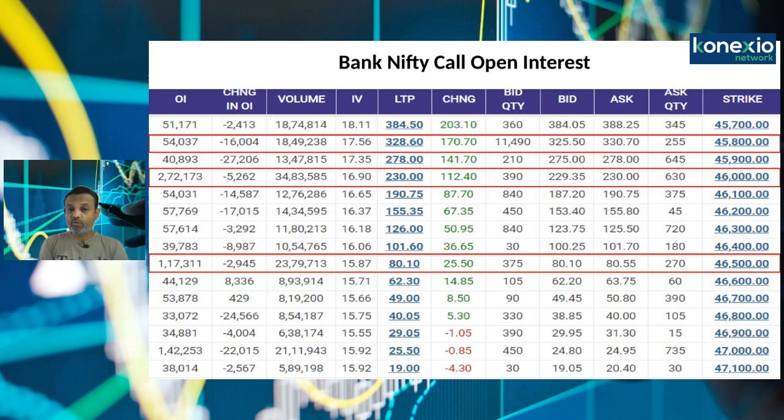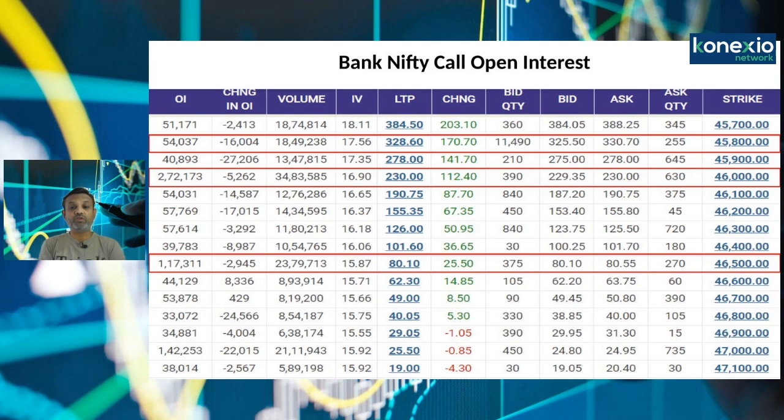If there is a gap up opening, one should not directly go and jump and buy Bank Nifty. One should wait for intraday dip because the IVs will go into higher range, into danger zone. We might see an intraday pullback, and then one should go long at the lower levels. But once Bank Nifty closes above 46,000, then there are chances that Bank Nifty might see an extension of rally